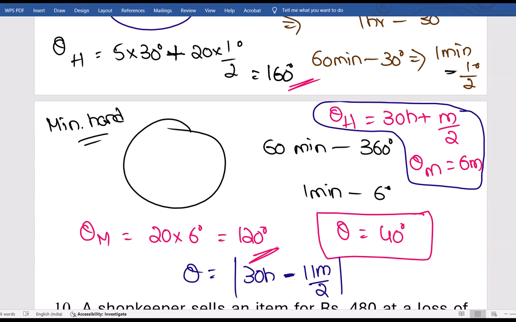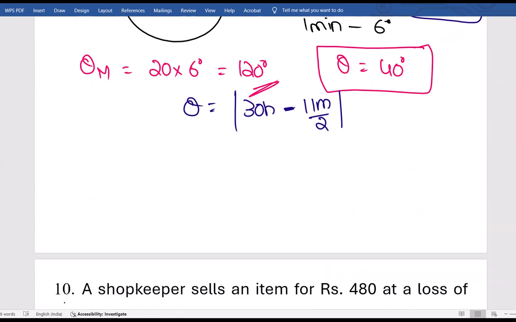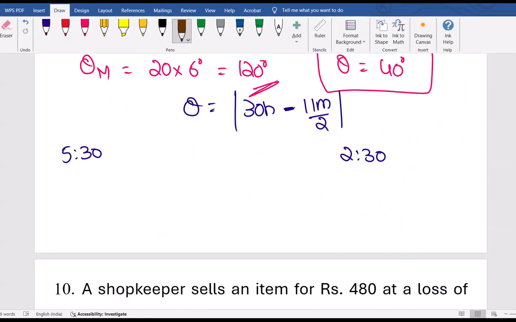But the reason is this. If the time is 5:30, we can do it directly because I have clarity in the diagram. If the time is 5:30, what is the angle between the hands? How can we decide that? Or 2:30 also, or 2:50, we can easily decide the answer. 5:30 means